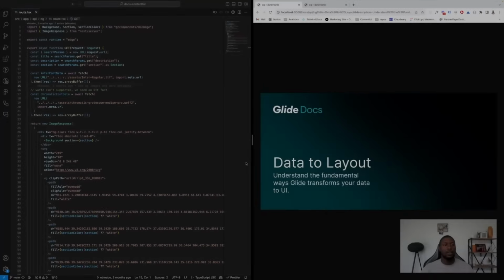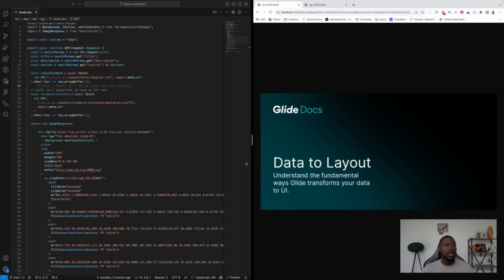Hi, my name is Edgar, and I'm a front-end engineer on the marketing team at Glide. Glide helps you build powerful software for your business. And today, I'm going to be sharing how we used the new features of the app router to build our blazing fast documentation. Enjoy. The first thing I want to talk about is the OG image by Next.js.